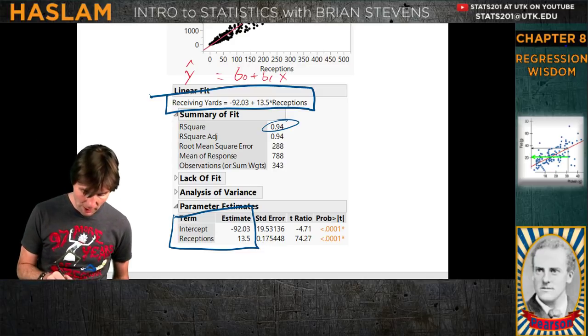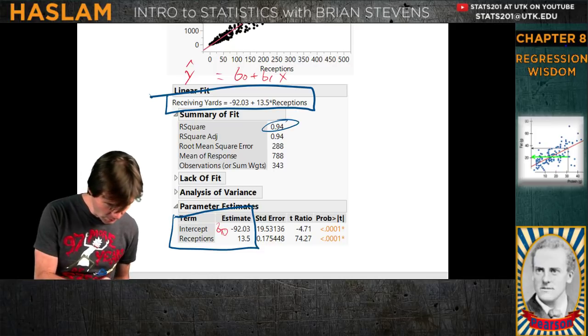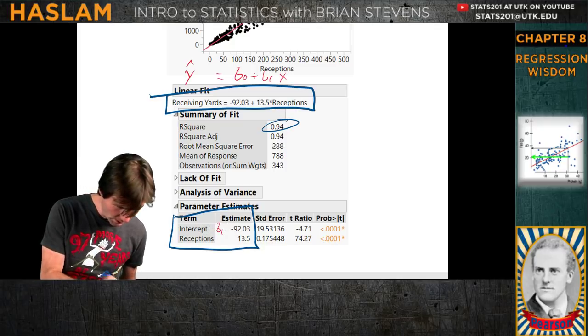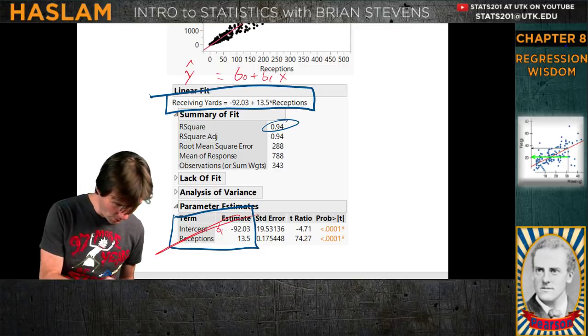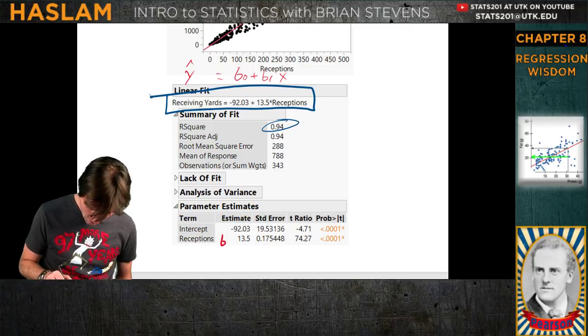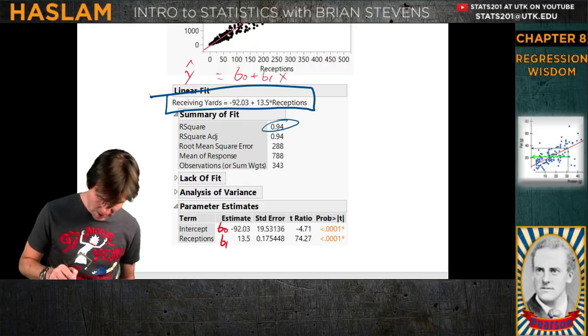Let's put a little 0 on that. That is not the slope. This is the slope. This is the intercept. And those are the estimates.